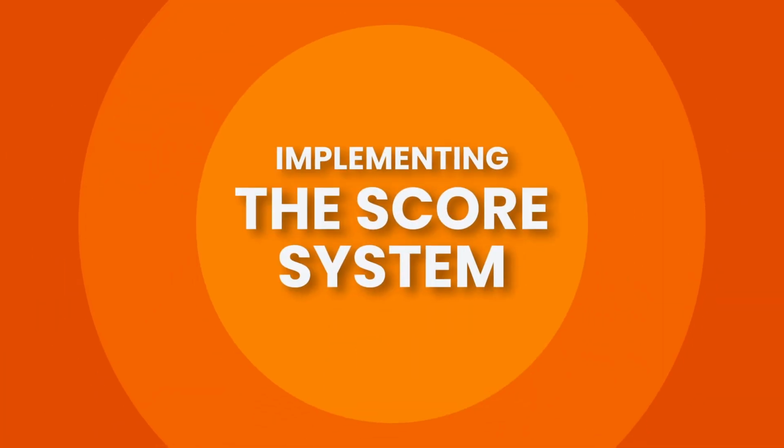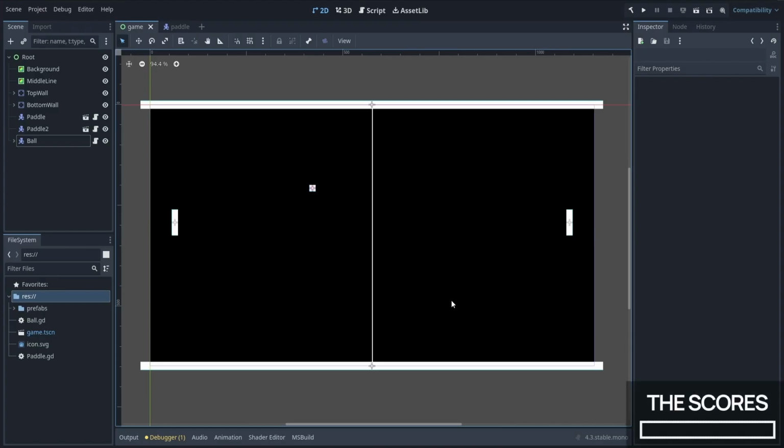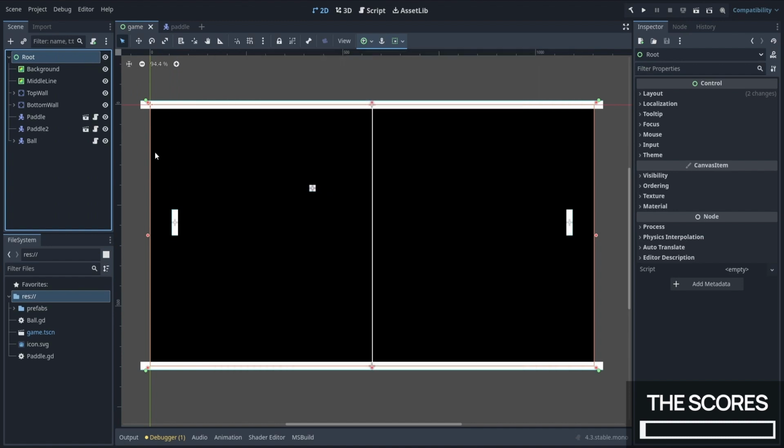The last thing we need to implement is some score system, so that we can tell who's currently winning. Okay, so for the score mechanic, the first thing is that we should create 2 new UI nodes in our scene, 1 label per player, to show the score of each one. For that, we can use Godot's label node type,